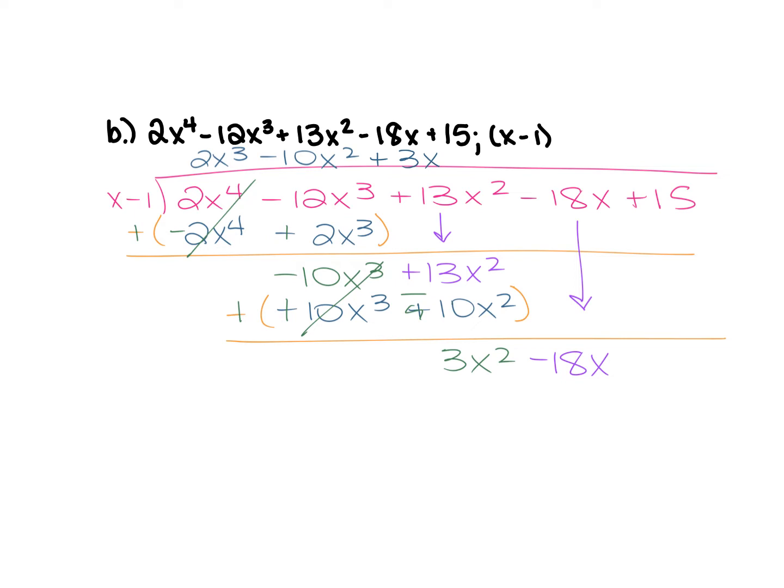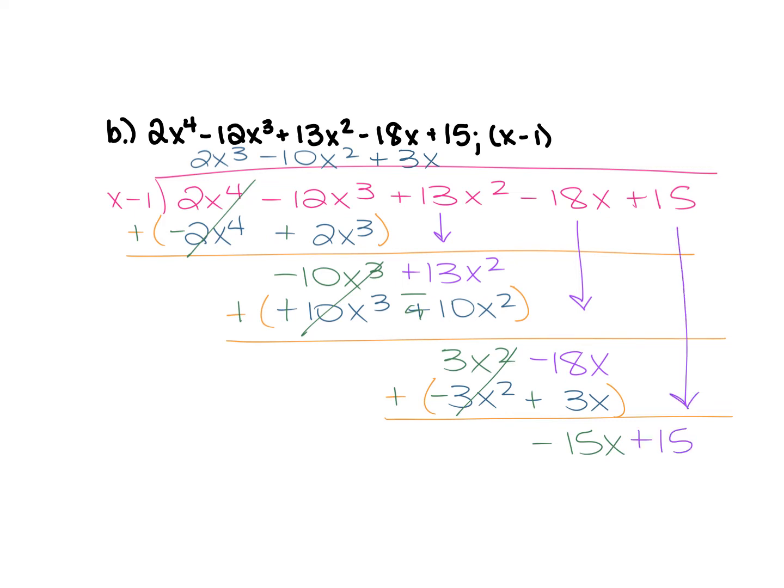So we multiply that 3x by x minus 1. We get 3x squared minus 3x. Subtract these, or distribute your negative, add your opposites. 3x squareds cancel. Negative 18x plus 3x is negative 15x. We drop down that 15 to have two terms to work with. We ask ourselves, x times what is negative 15x? That's negative 15. So we multiply, we get negative 15x